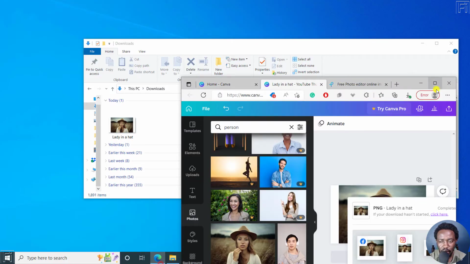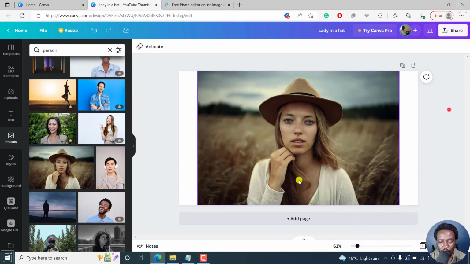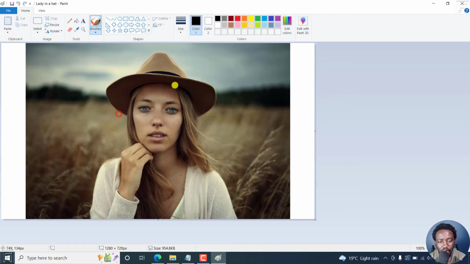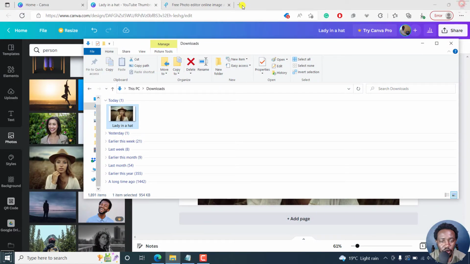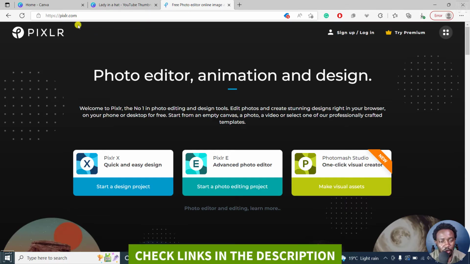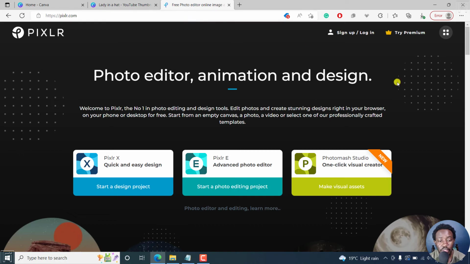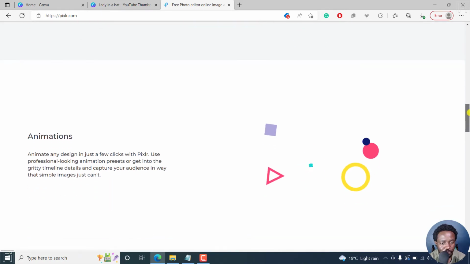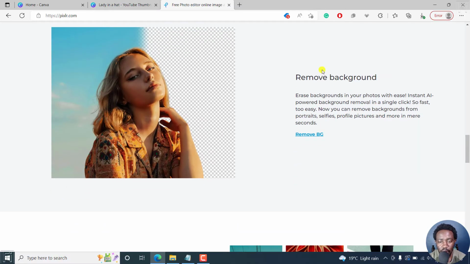We can just go back onto our browser. So our photo is already inside here, lady in a hat. Now, for us to remove the background, let's assume we want to do away with the background. More or less what it's in here. We'll need to use a website called Pixlr.com, and this is a photo editor and animation and design website, and it's free. So for us to remove the background, we can just scroll down slightly to the remove background option,